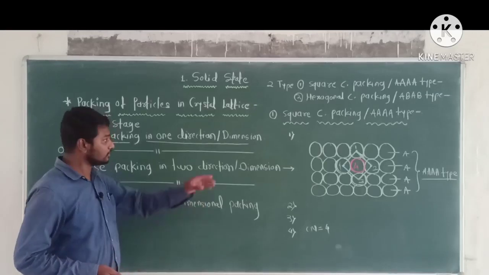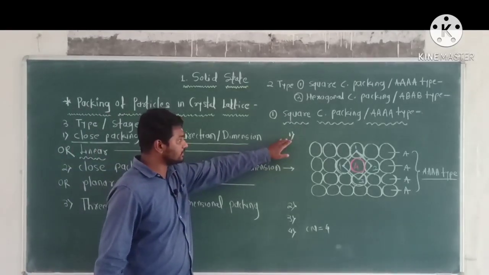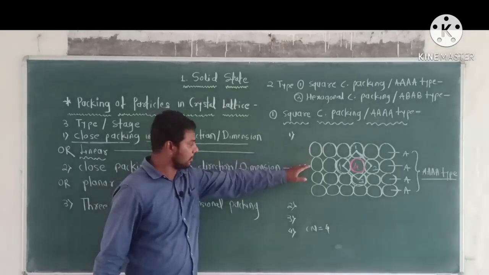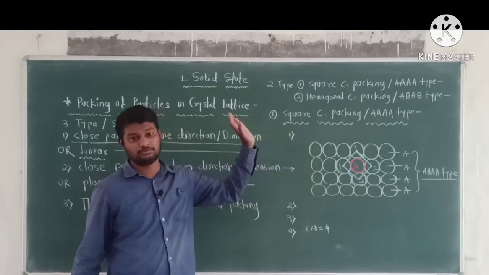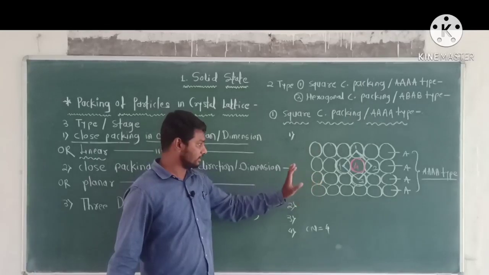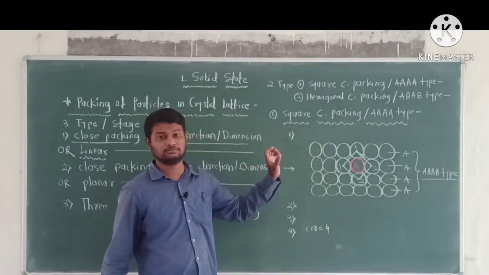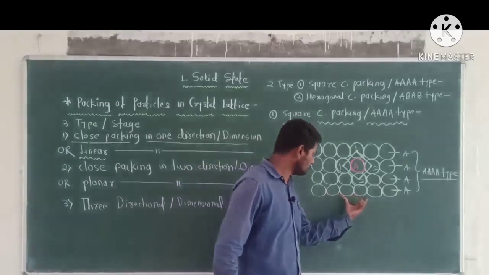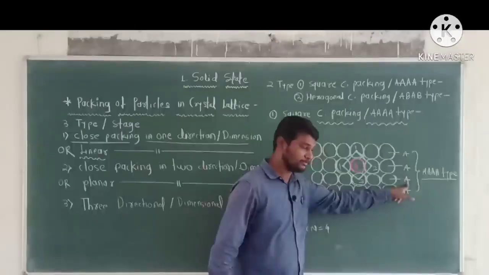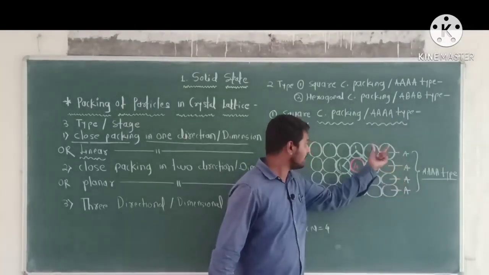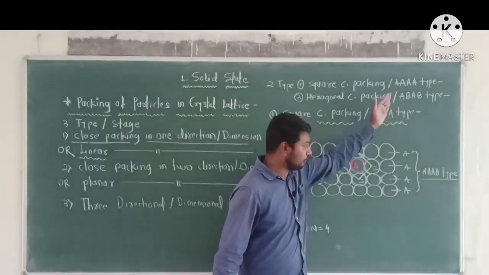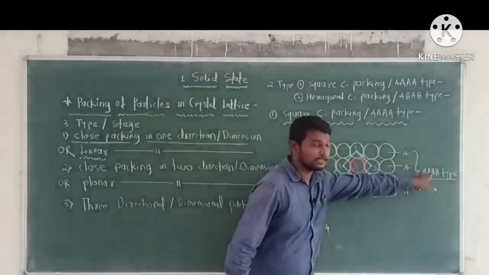Okay. Now, first point, this type of packing is made when the rows of constituent particles are placed over each other in such a way that all the squares are exactly over each other. Second point, in this packing all constituent particles have the same location. Therefore, the first row of constituent particles is called A type, the second row is A type, the third row is also A type, and the fourth row is also A type, and so on. Overall this type is called AA type.